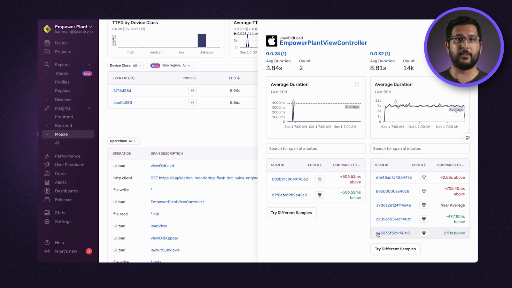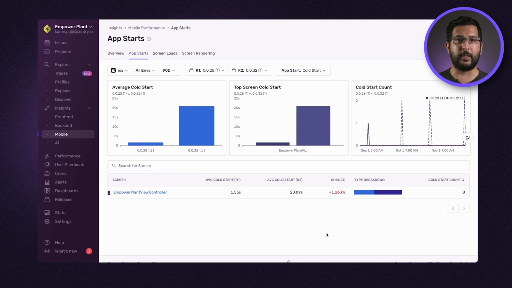We can also gain similar insight via our App Starts module, where we surface any notable deltas between 2 releases to investigate and mitigate any spans contributing to a poor startup experience. So, in just a few clicks and a handful of minutes, we were able to get notified and see what was not so right with our application, solve for those anomalies, and then learn from the occurrence without having to